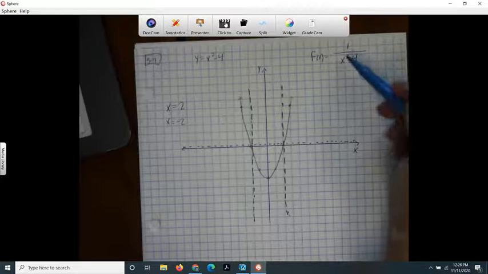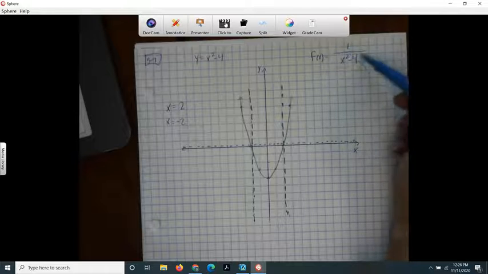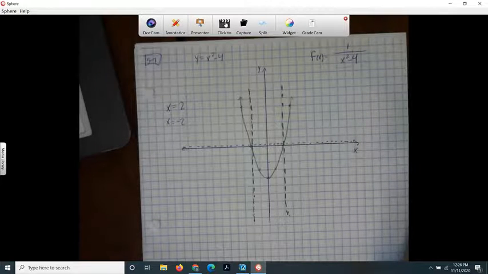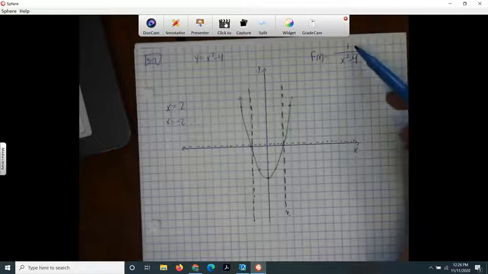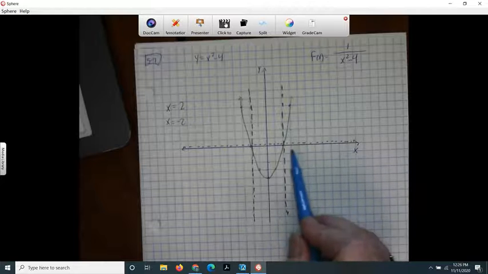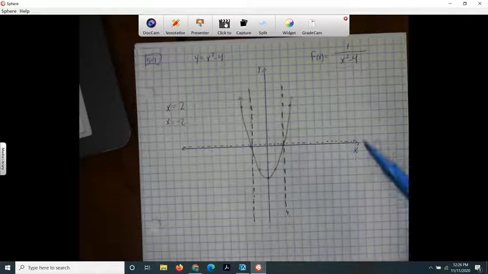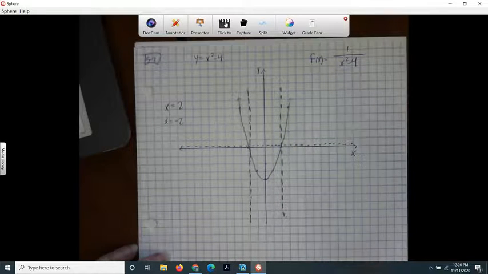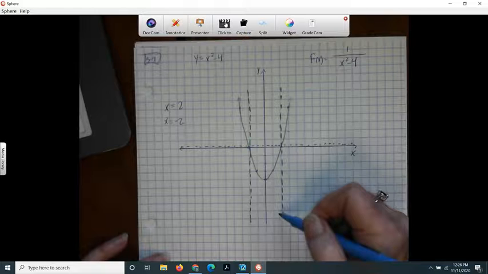And it also can make sense if you think really hard about where this graph is going to cross the x-axis. Well, it would cross the x-axis whenever this numerator is 0, but the numerator can never be 0 because it's 1. So hopefully that helps you remember that there's this asymptote here. So now it's going to be very easy to graph this reciprocal function. I think I can tell it's just going to go this way, and then there's going to be one down here,